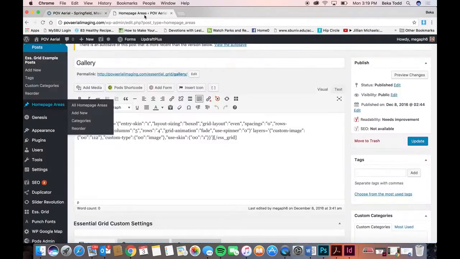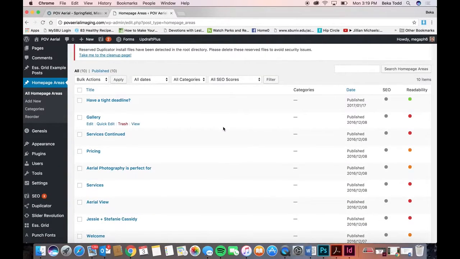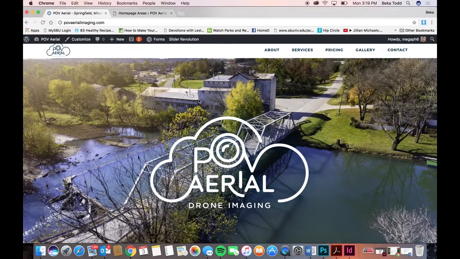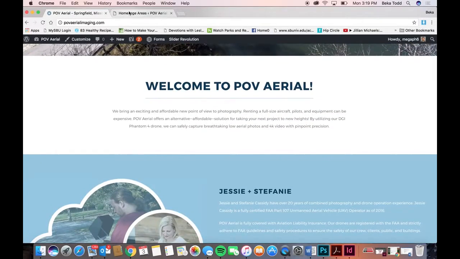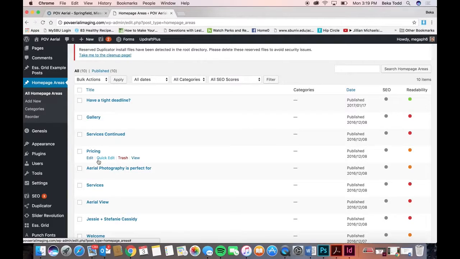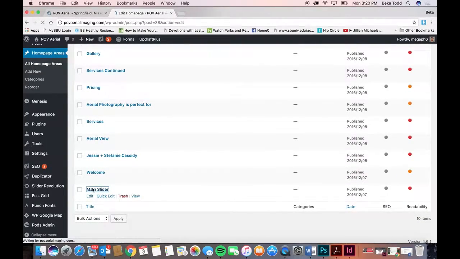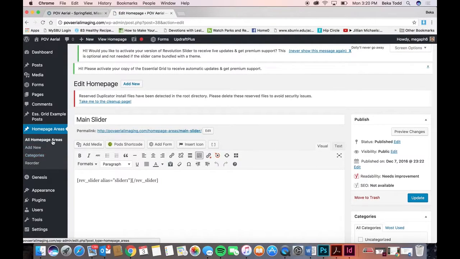So it's a little bit more complicated than other homepage areas, but I will go through to try and explain the best I can to help make sense of this and help you be able to update these as you move along. So the top is the main slider, which you'll notice when you go to all homepage areas